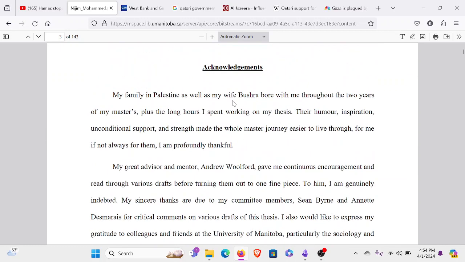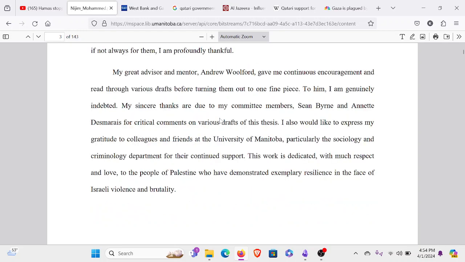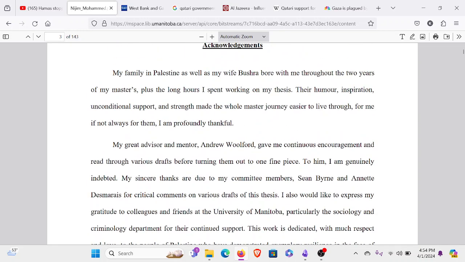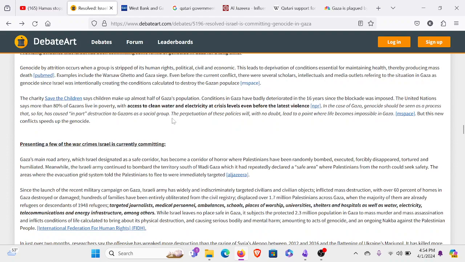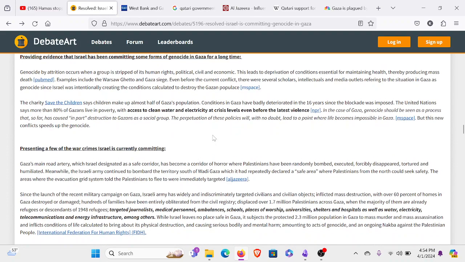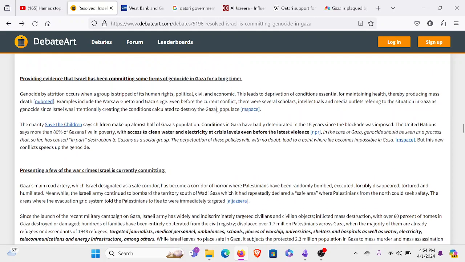My family in Palestine, as well as my wife Brushna. This is who he's going for. The human. Okay, so he has family there. This guy has a lot of emotion invested in this. You know, the death of a loved one, a loss of family over there, suffering. So this is not